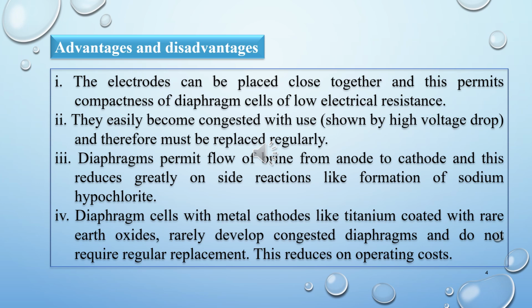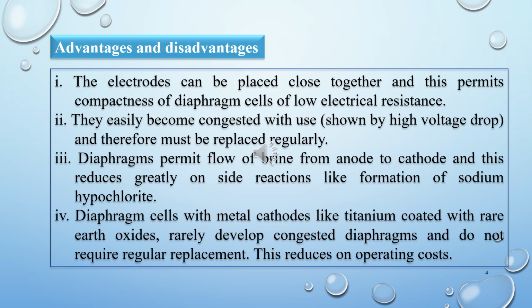As we are discussing the introduction of chloralkali process, in that process we have said that if we will not remove chlorine, then it will react with our product and will form sodium oxychloride or sodium hypochlorite. So if you will use diaphragm cell, that side reaction will not occur, and this is the main advantage of